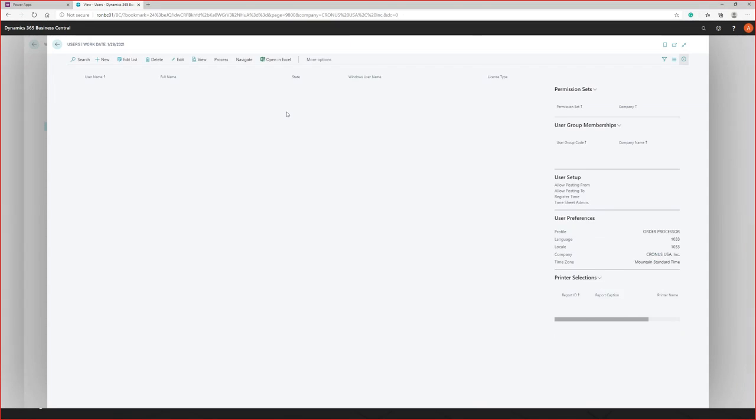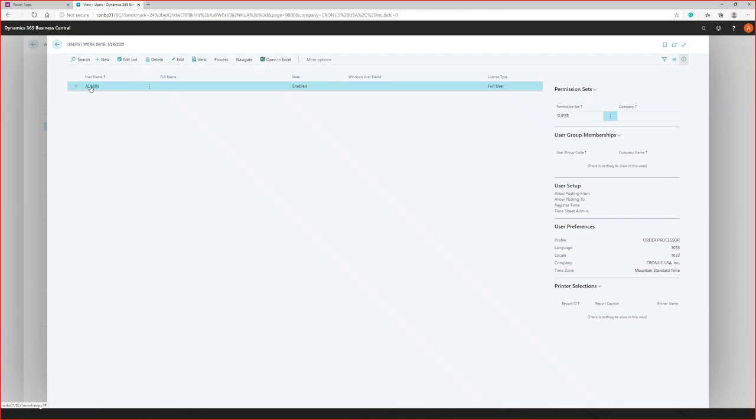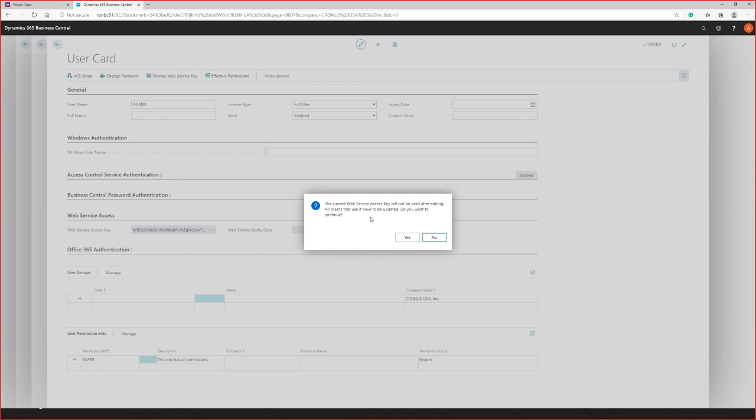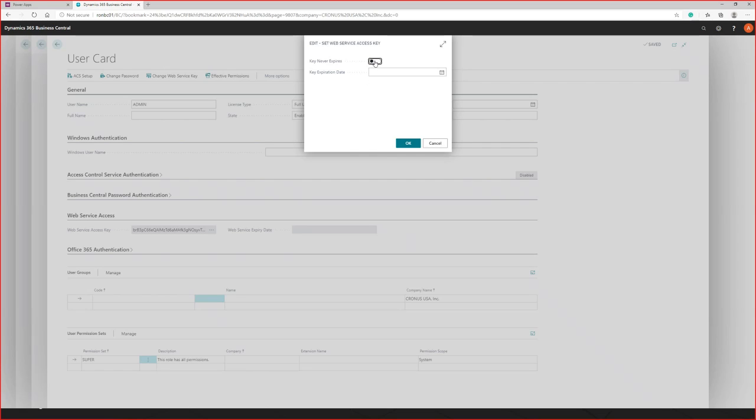Let's go over here and take a look at users, and we logged in as admin. There's a new thing added here called the web service access key. If we see this access key right here, this is actually the password to hit a web service. It's not encrypted, and it's a very difficult password that obviously no one can guess. If you have a new user, it's probably blank. You click this button here, and it's going to say it will generate a new web service access key. You say yes, and then if you want it to expire, you can. So if you give someone temporary access, I can set a date.